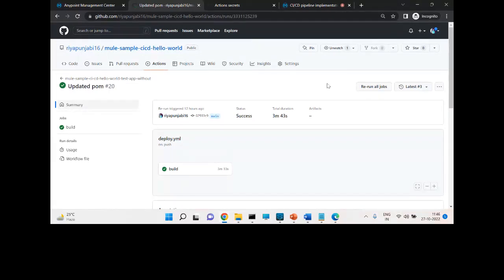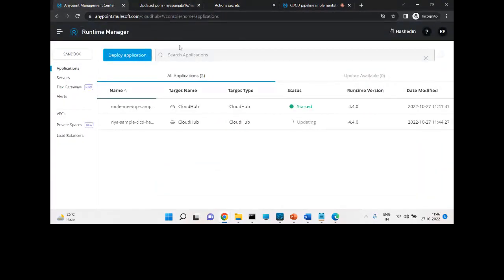Can we manually run the pipeline with passing some variables? I mean, suppose we want to update some properties of the pipeline, maybe customize that pipeline. So can we do that? Yes, we can do that. As we have passed from here now, one second, I will show you.